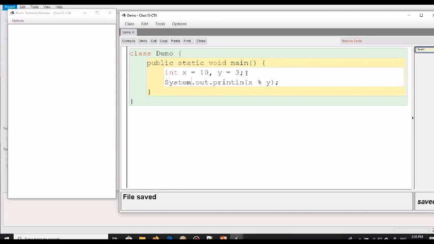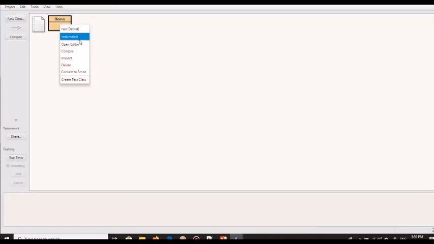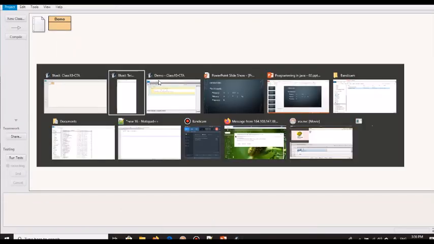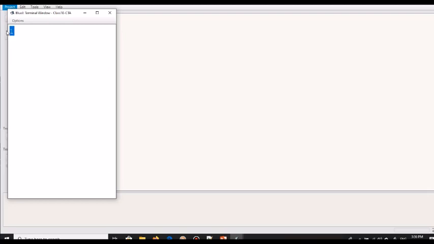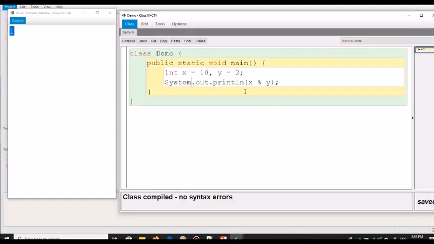There is one balance. So the balance is 1. Let us compile and run this program. If we see, the result is 1. So this is the result of this program.